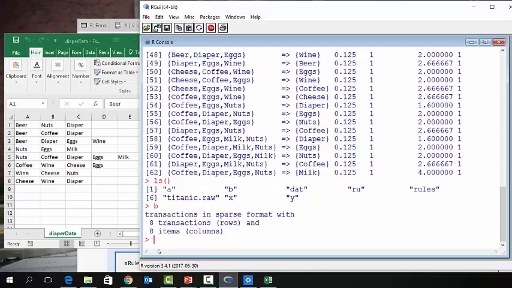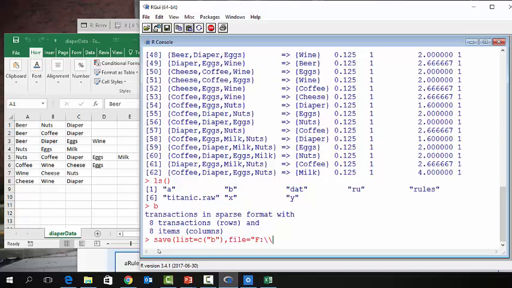So B is the data that we have, right? So if we want to save our B data, then you need to do this. This is on the slide, right? So list equals c, and then you can say B, comma, file equals